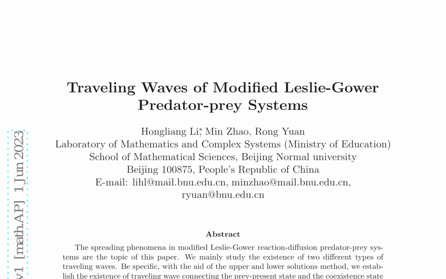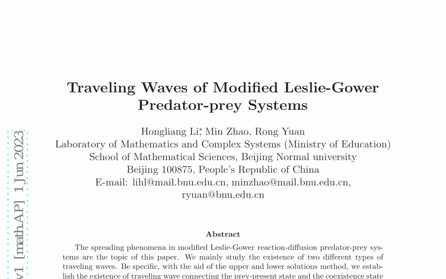This type of predator is called a specialist predator, as it concentrates on other prey species when the population density of a favored prey is small. Recently, the existence of traveling waves in such systems has gained interest, including Lotka-Volterra type, Holling II, and Beddington-DeAngelis